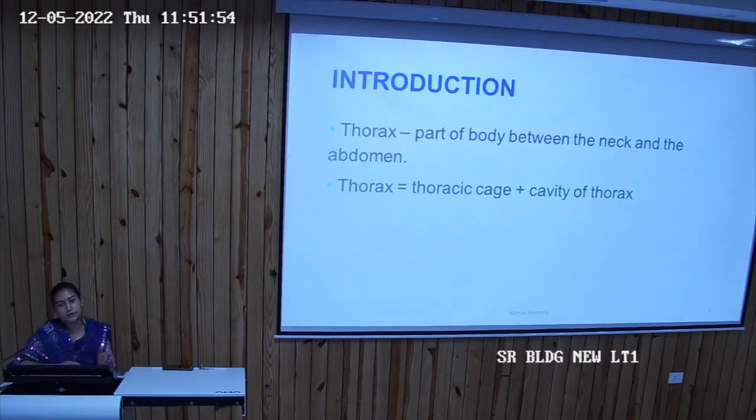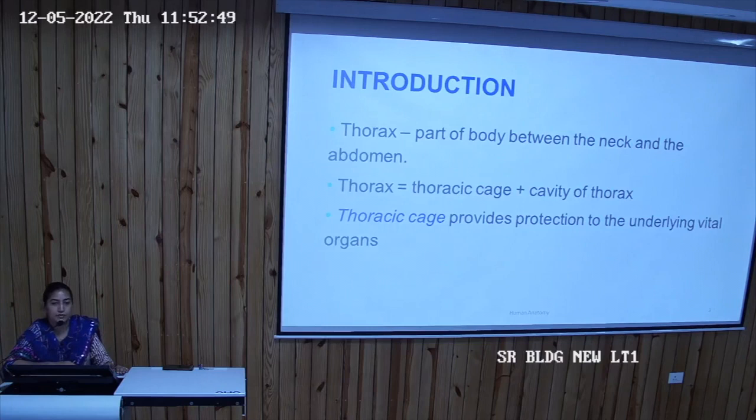Please settle down fast. So any one of you can explain to me what is thorax, how you describe the region of thorax. The region of the trunk that is lying between the neck and the abdomen is the thorax. So your thorax is bounded externally by the soft tissue, that is the skin, fascia, some muscles that you have already read in the upper limb also, pectoral region. After that there will be the bony thoracic cage, and underneath that thoracic cage there will be the viscera and the lining of the viscera. Other than the viscera, it contains the important vessels. So this is the thorax.